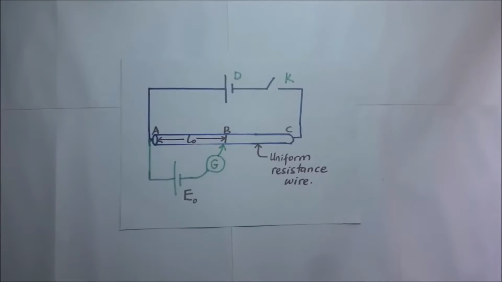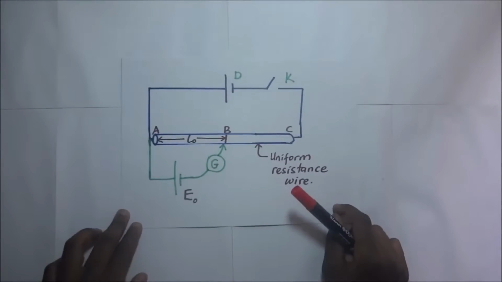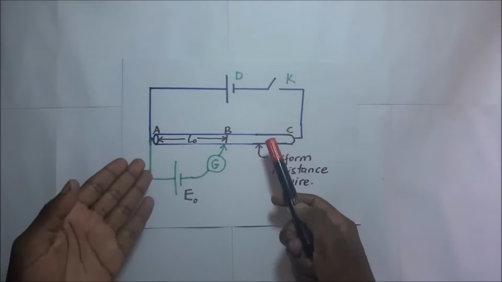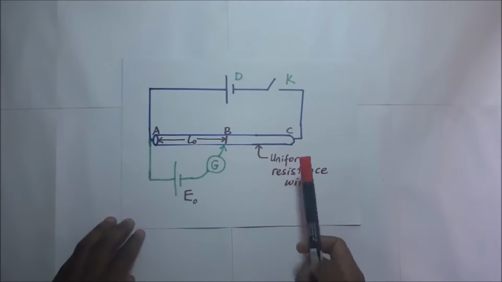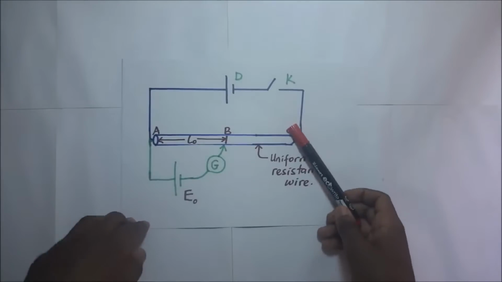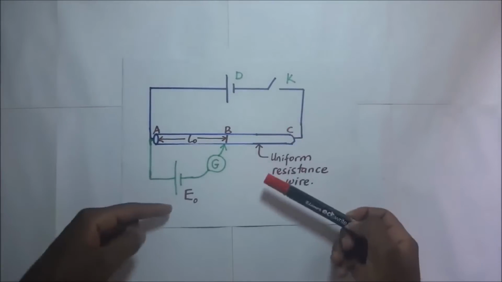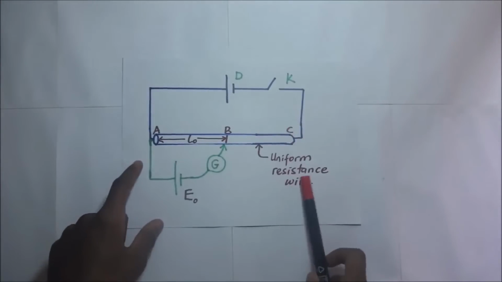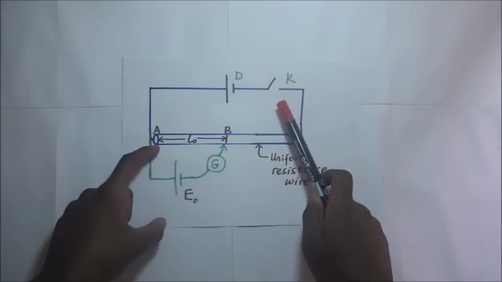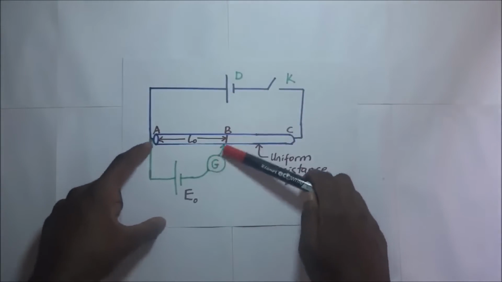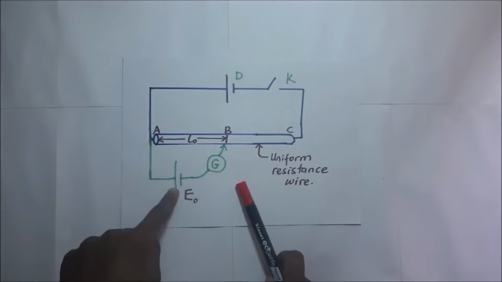Now, standardizing a potentiometer is simply the process of obtaining the PD per unit length of a potentiometer wire. How we do this, simply put, is by looking at this experiment, this is how we set up the experiment. After setting up the experiment, as we have, this is a potentiometer with a slide wire of uniform resistance. Then we have a driver cell right there and a switch together with a galvanometer connected in series with a